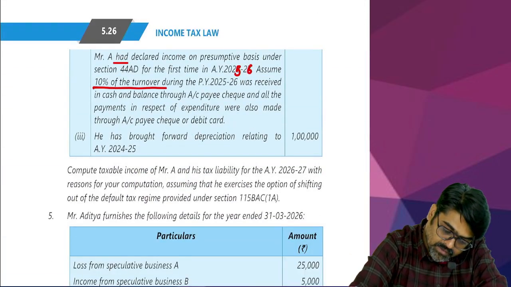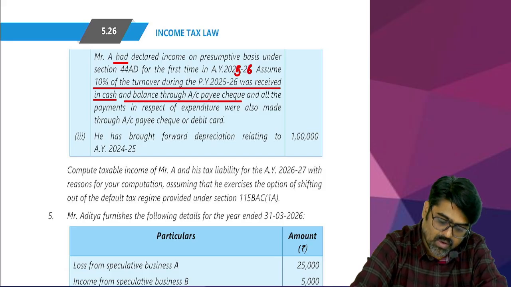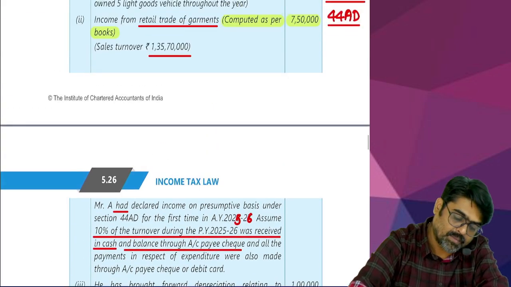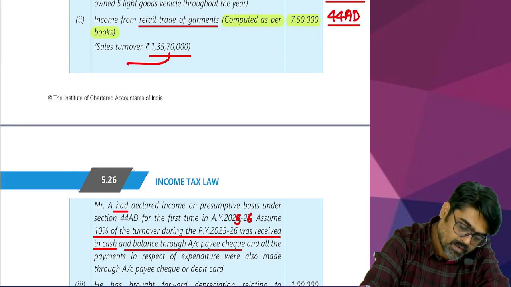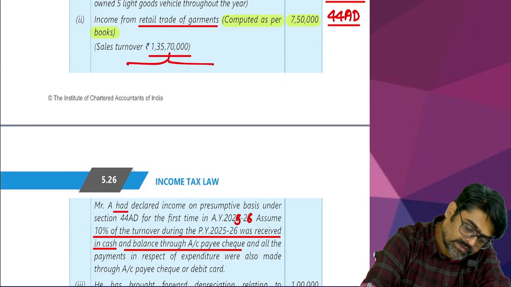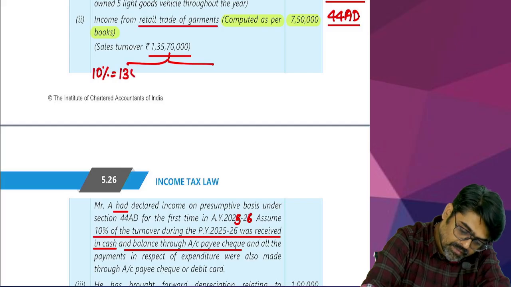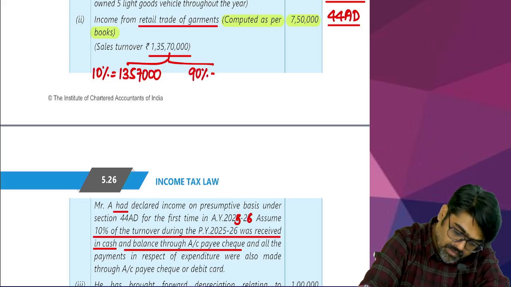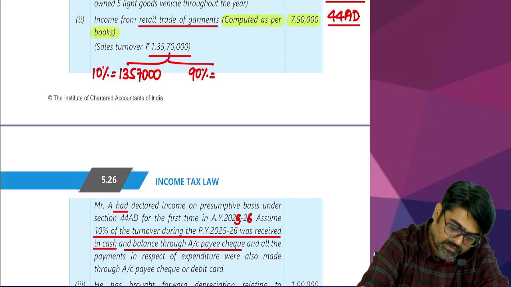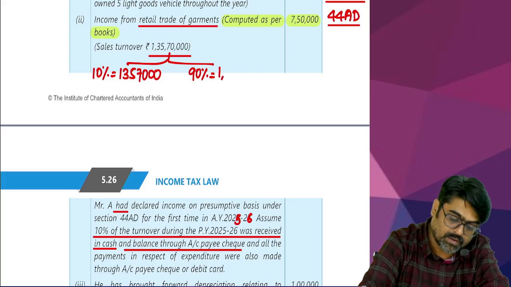Okay, now assume that 10% of the turnover during 25-26 was received in cash and the balance through account payee cheque. And all the payments in respect of expenditure were also made through account payee cheque or debit card. So tell me, how much is your turnover? Out of this, how much is received in cash? 10%. 13 lakh 57,000. Balance 90% in prescribed modes. Yes or no? How much is the balance? 1 crore